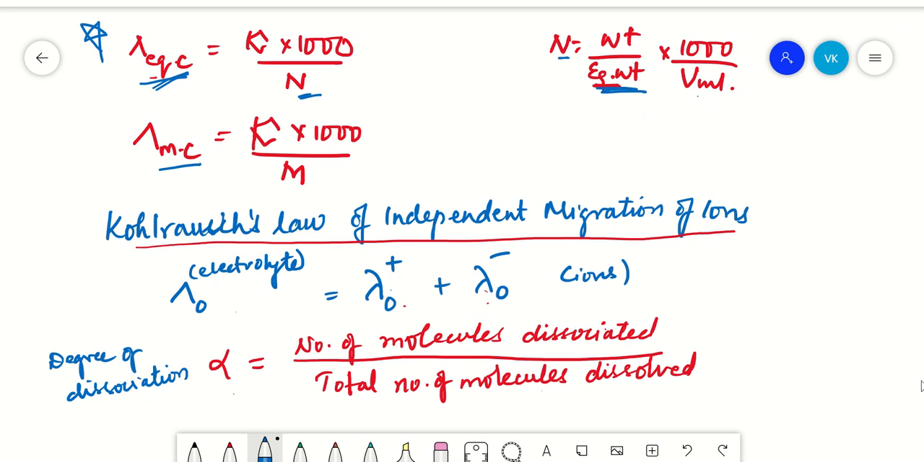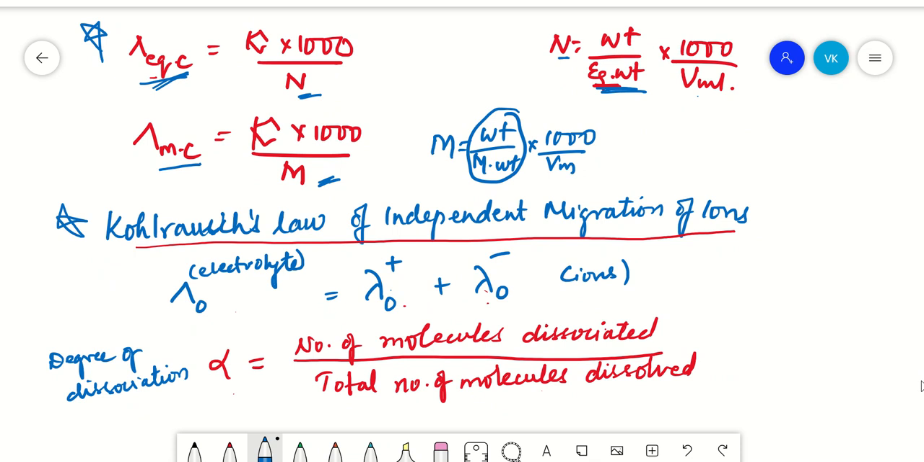Then molar conductivity is defined as the conducting power of all the ions produced by 1 gram mole of an electrolyte in the electrolytic solution. Molarity is weight by molecular weight into 1000 by V ml. So this is 1 gram mole of your electrolytic solution, right? So this is your molar conductivity. Then Kohlrausch law of independent migration of ions. This is also a very important equation where lambda naught of an electrolyte is the sum of the migration of cations and anions that are present